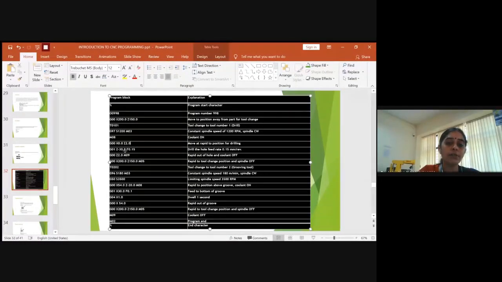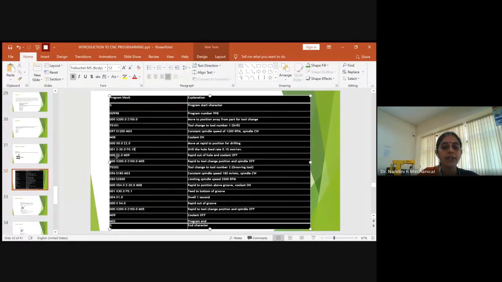What is the feed rate you are giving? The feed rate you are giving is 0.15 mm. So based on the given feed rate, it takes a certain period of time to complete that hole. Once that operation is done, the material and even the tool will be heated, but since the coolant is on, it won't be heated, it will be cool. So once the operation has ended, what you have to do is rapid out of the hole, meaning you have to remove the tool from inside.